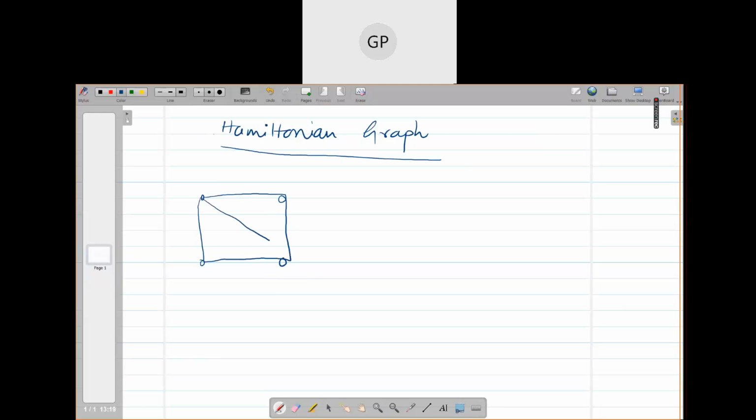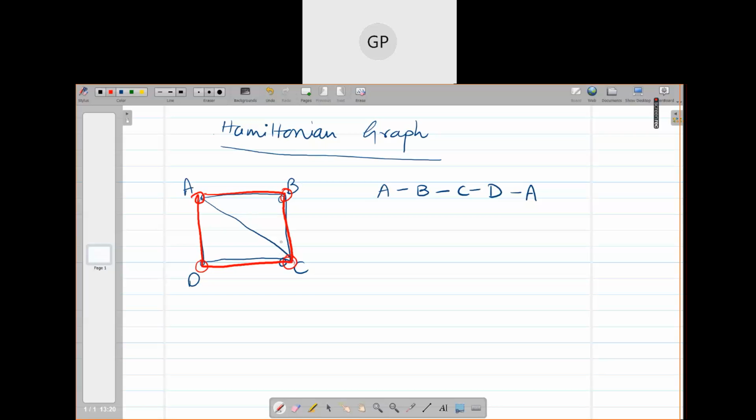So this kind of graph, if I consider, contains a Hamiltonian circuit: A to B, B to C, C to D, and D back to A. It need not include all the edges. It needs to include only the vertices, exactly once. No vertex is repeated, no vertex is deleted in the path. So it's a closed path, that is a circuit, a Hamiltonian circuit. The edge A to C is not used, and it doesn't matter. We don't want to include all the edges, we want to include only the points.